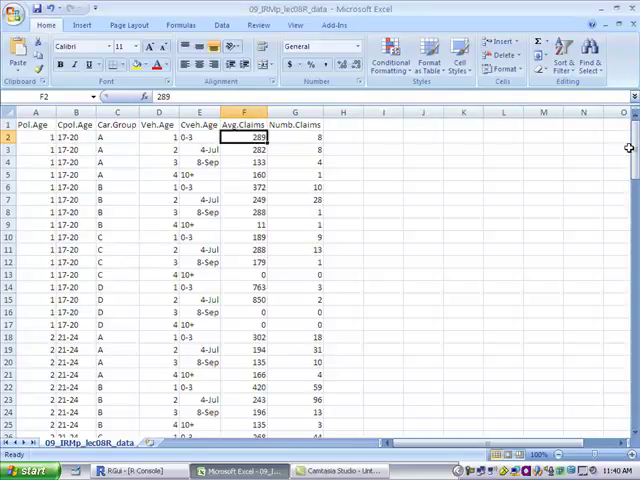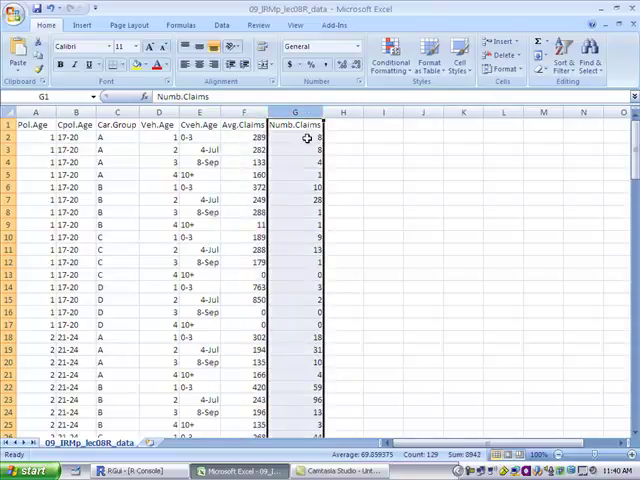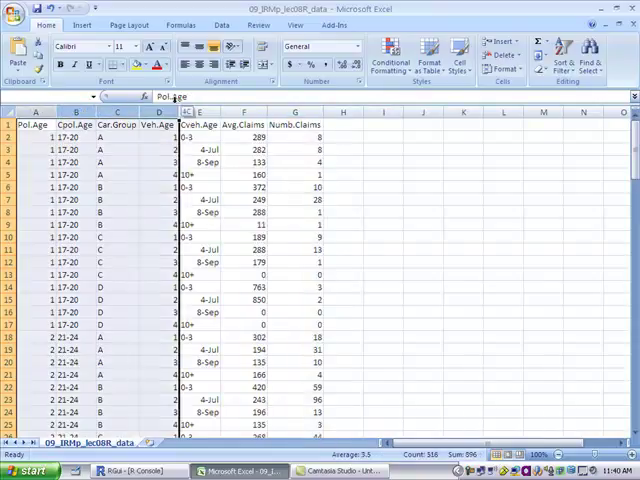So this is the CSV file with the data, and you have one main response. It's the average of the claim amounts for different categories or different groups. You also have the number of claims that were observed in that particular group. And a group can be